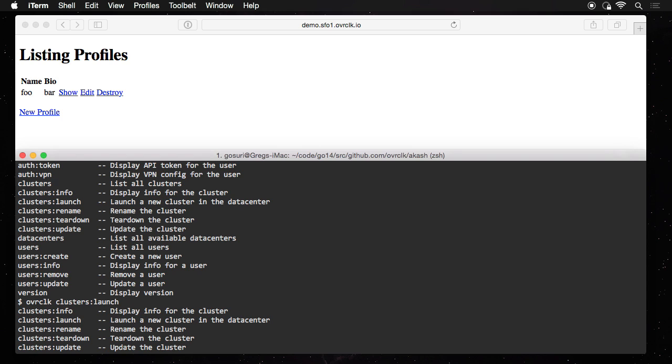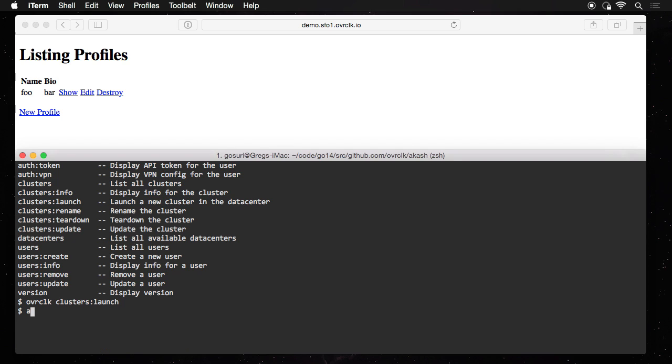You can very well launch the cluster using this, but for this demo, I'll be using another tool called Akash. Akash is an internal tool we created to manage OvrClk itself. It has a more verbose output and some of the controls for debugging that doesn't exist in the OvrClk toolchain. So using Akash,